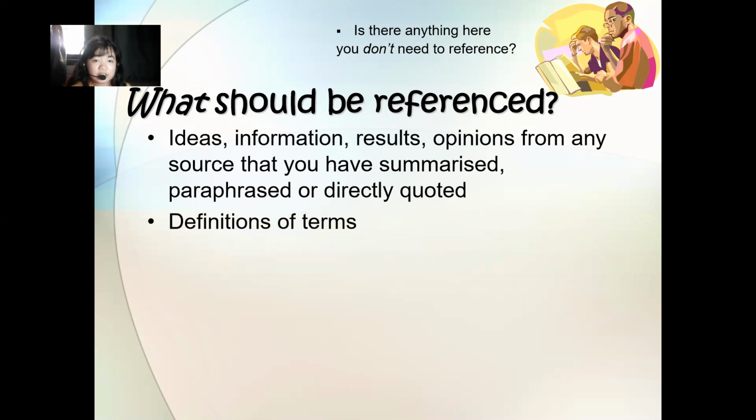Like for example, your definition of terms. Class, we have two types of definition of terms in your research paper: the conceptual and the operational definition of terms. The definition of terms are words used repetitively in your study. For example, readers of my paper will encounter the words math anxiety or academic performance, because my study is all about math anxiety and academic performance. So, I will include those words in my definition of terms.